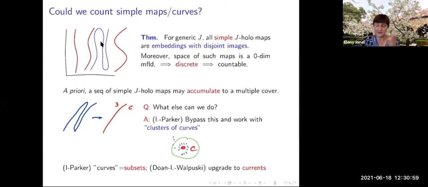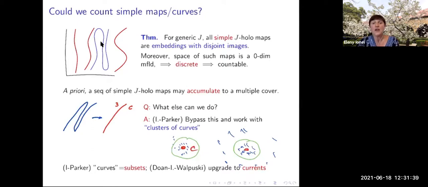That's our cluster of curves: we have the center curve, and a mass inside, which we can't see, but which has a well-defined contribution to the Gromov-Witten invariants, and a mass outside, which also has a well-defined contribution. So we were able to split the Gromov-Witten invariants as a sum of these local contributions in a neighborhood of an embedded curve, and then do some wall crossing formulas for that, and prove